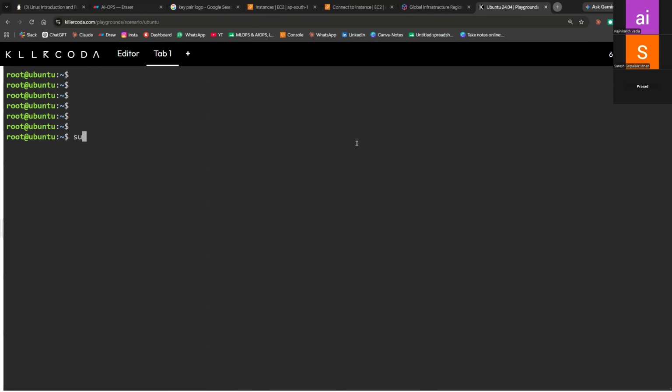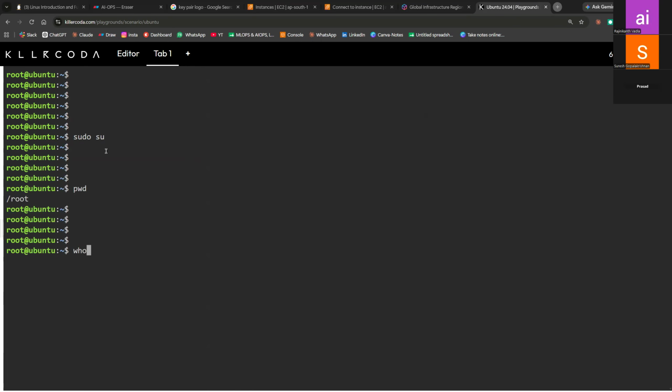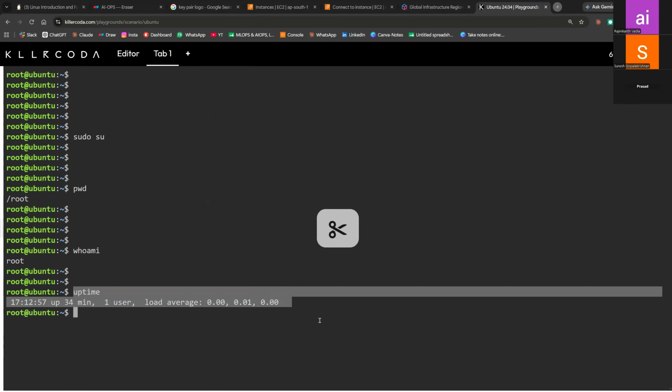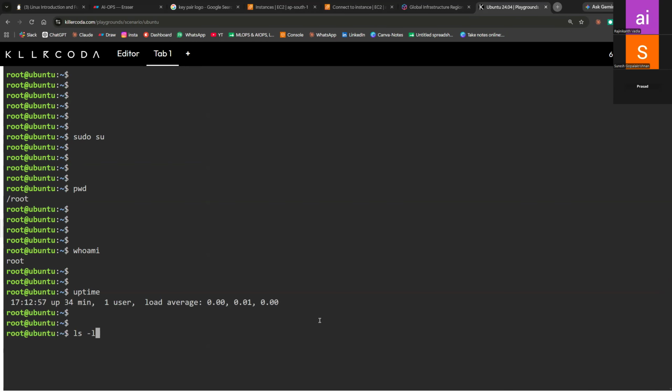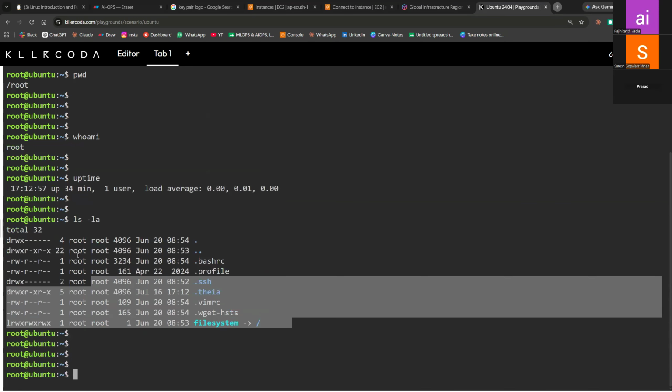But you cannot run sudo su kind of things here. Already you are root. Now you can do pwd and all kinds of these things. All commands you can do here. Okay, ls -la, you'll get all the files.